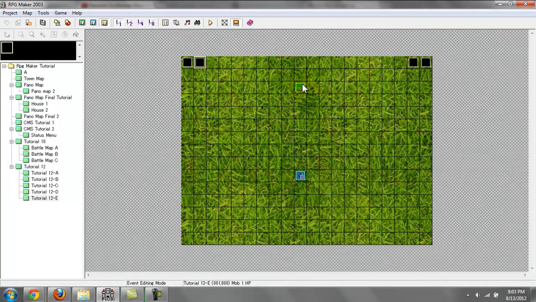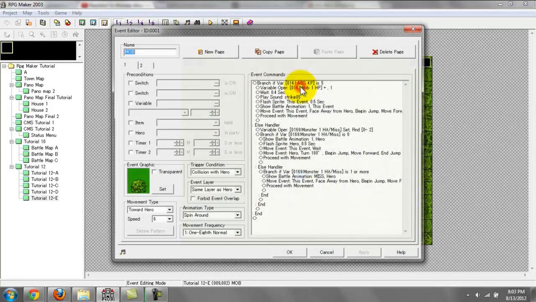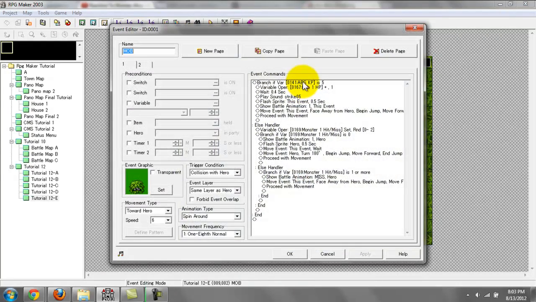The only thing different here is going to be the enemy event itself. So you can see it's a bit more complicated now. Instead of the trigger condition being action key, which was what we used last time, it's now collision with hero. Movement type is also move towards hero with a speed of 6 and a movement frequency of 1. That gives it just enough speed